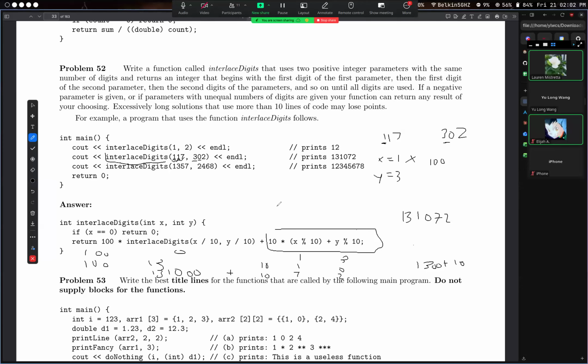So we have 0 here, but the current x is this current 1 and 3, so we'll just multiply that by 10 and then add the 3. Then this 13 will be returned for the previous interlaced digit, which will be back here again. And so when this is 13, that digit for x and y would be 1 and 0,